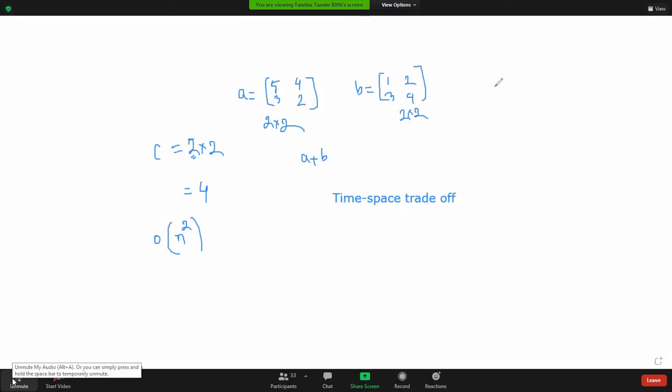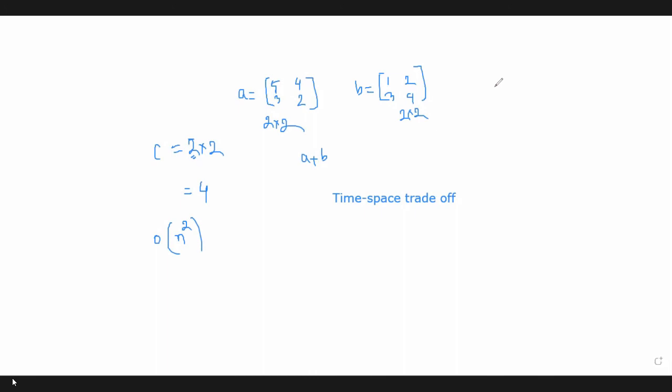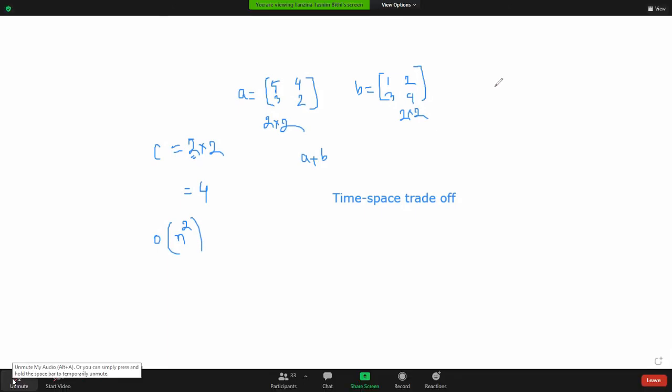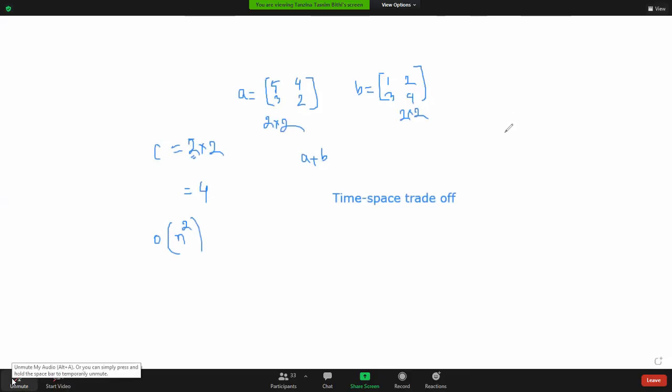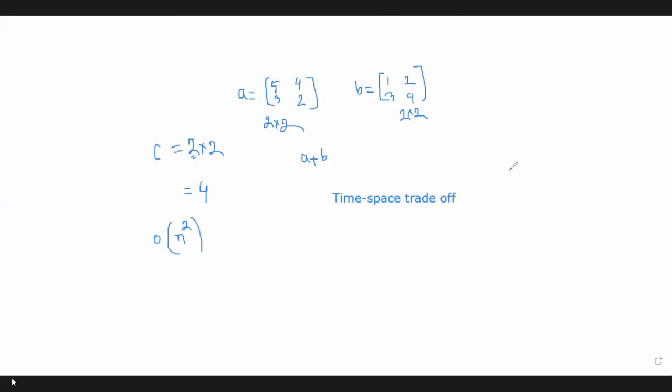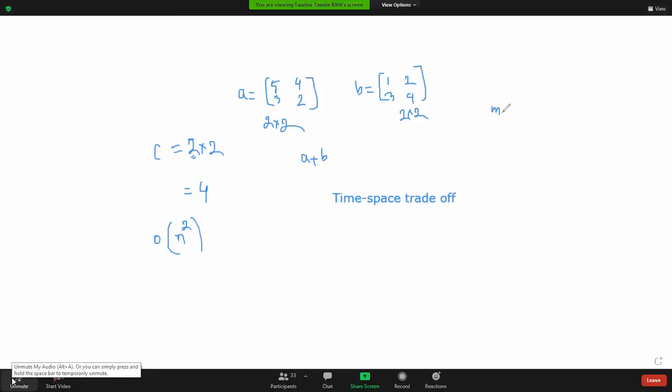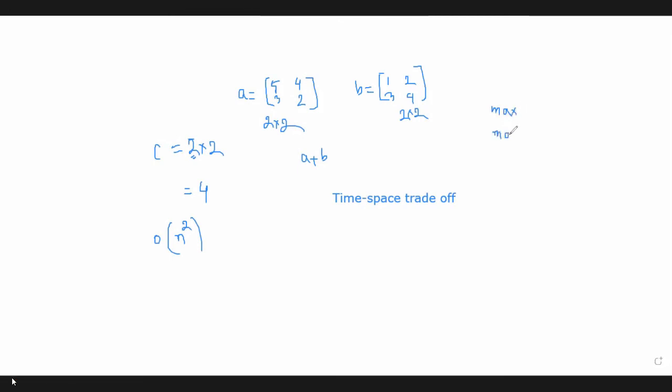And suppose we don't know how many arithmetic operations or key operations the algorithm needs to execute. Suppose the number of key operations is also 15 or 20, or it can be more than that. The point is, when the space complexity is maximum and the time complexity is also maximum, then what will happen? Obviously, the algorithm is not an efficient algorithm. It will not provide an optimal solution, right?